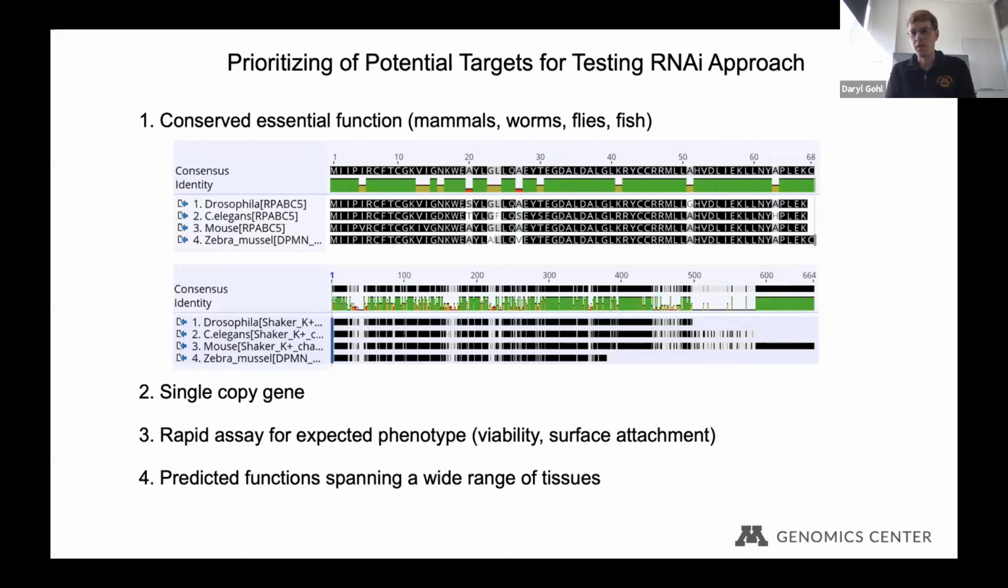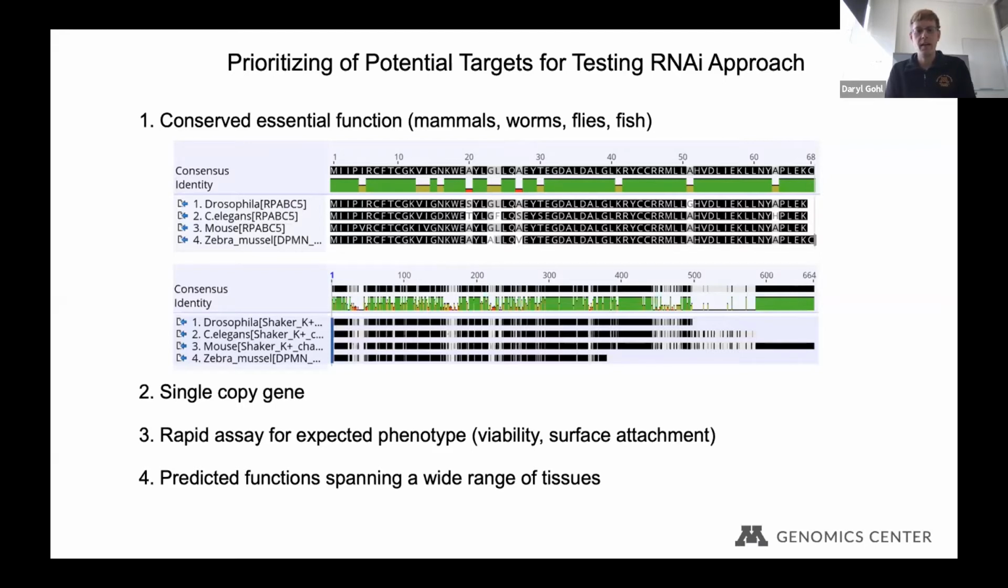So we use that evolutionary conservation as guidance for what genes are likely to be very important. We also looked for genes that were single copy. Oftentimes important genes will be duplicated or have multiple copies in the genome, so we wanted genes that were just a single copy so that we could know that we were manipulating just